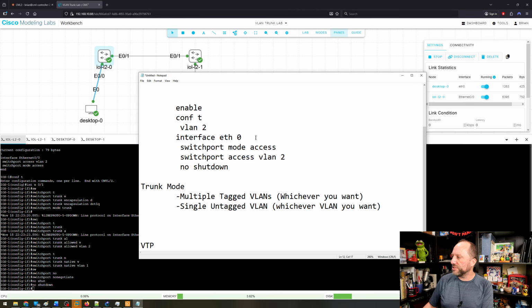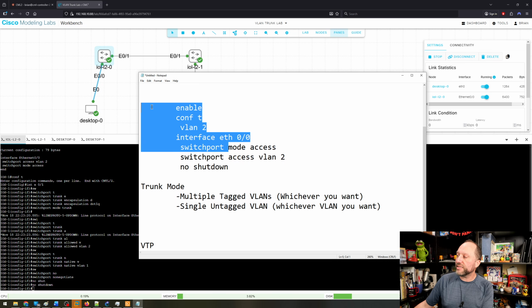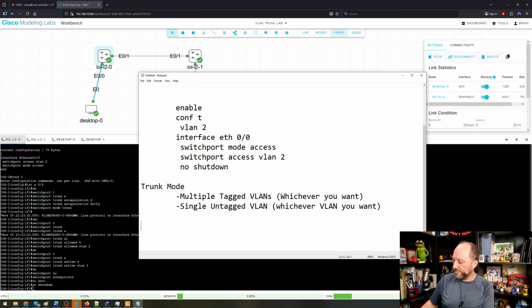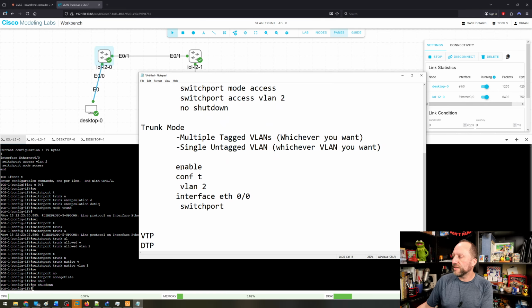And, oh, I just did 0 before. I'm going to fix this. Sorry, in here I just did Ethernet 0 before, so I have 0/0. And what I'm going to do is I'm going to cheat and copy a bunch of this and paste it down here for our trunk config. So enable, conf t, VLAN 2 or whatever VLANs you want to make. Interface Ethernet, in my case, 0/1. And switchport. And, oh, what was it? Oh, yeah, that's right, switchport trunk